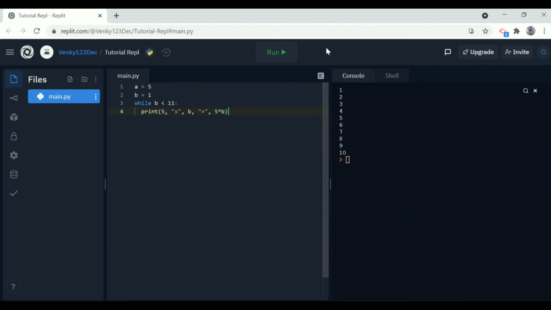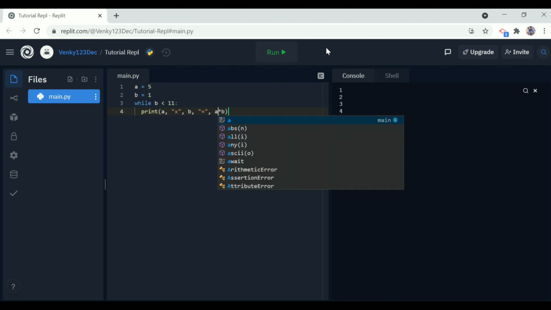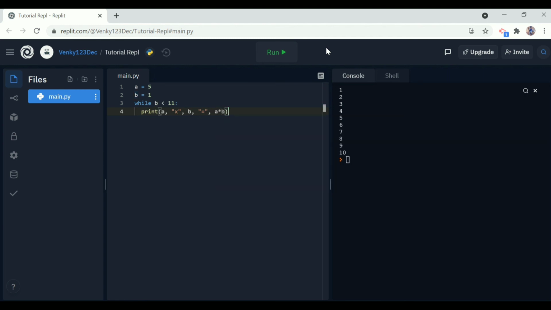We can replace 5 with a here. If we replace 5 with a, then we will be able to print the table of any number. Now let me click enter, and I want to increment the value of b. So b plus equal to 1.